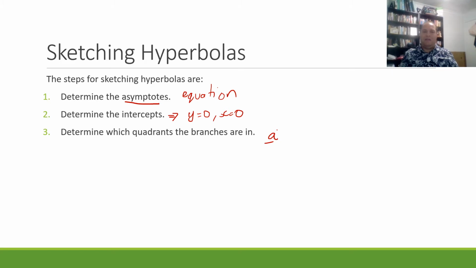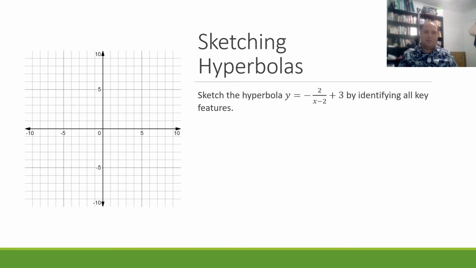If our dilation is positive, then our hyperbola will be top right, bottom left. If our dilation is negative, our hyperbola will be in top left and bottom right. That'll be the best way to tell where the branches are. Right, so let's draw a sketch now. We have to sketch the hyperbola